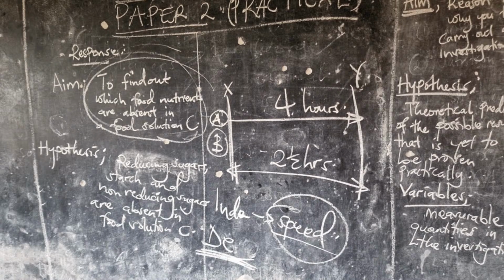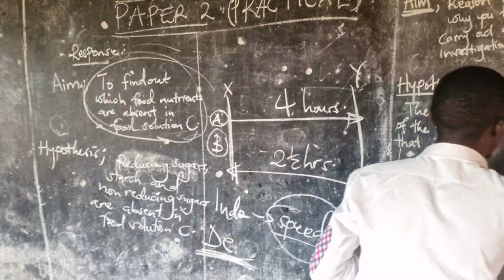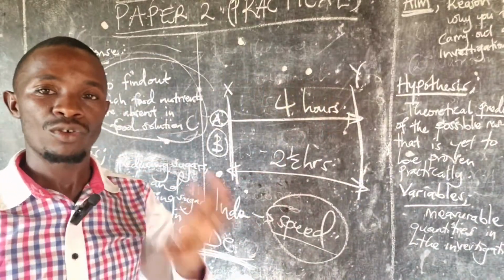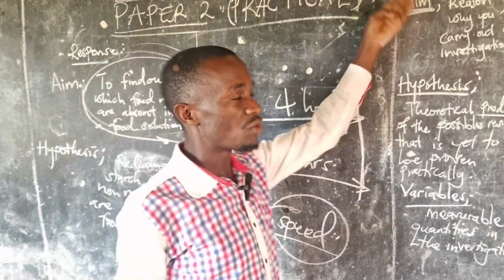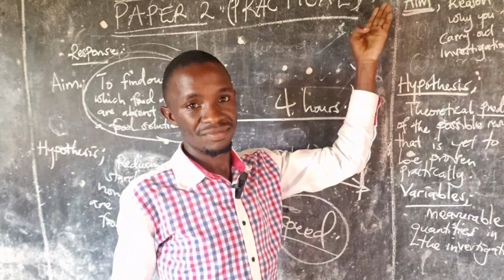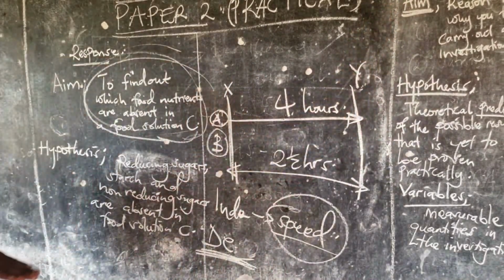Fiona is saying, so if the results do not match with the hypothesis, then the answers are wrong. I answered you. I told you the hypothesis may be wrong or right. It doesn't matter. The hypothesis does not need to be correct or wrong because it is just a prediction. Very nice from Zahara. We said the hypothesis is a prediction. It doesn't matter whether it is right or wrong, so long as it is in line with the aim. Let me think I'm putting everything clear to everyone.